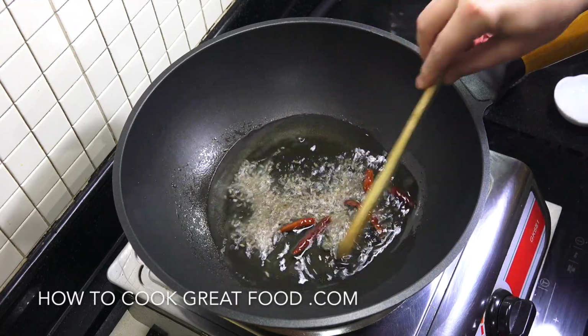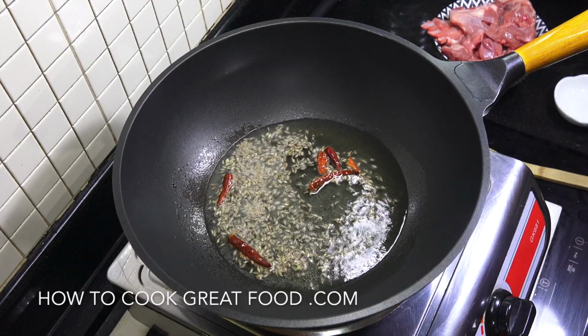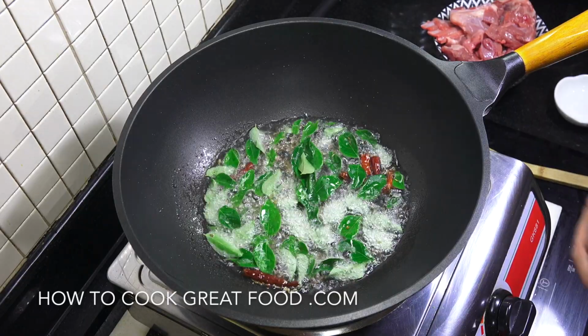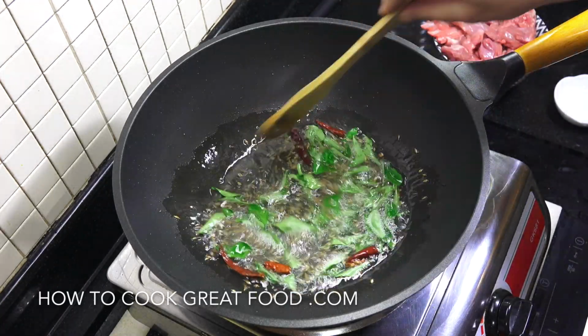Let's get in our cumin seeds and our red chili. To that I'm going to add some curry leaves. I didn't show you these earlier, but you can get curry leaves. They are wonderful. Fresh curry leaves are beautiful. If you can't get them, see if you can get some dried ones. Not quite the same, but